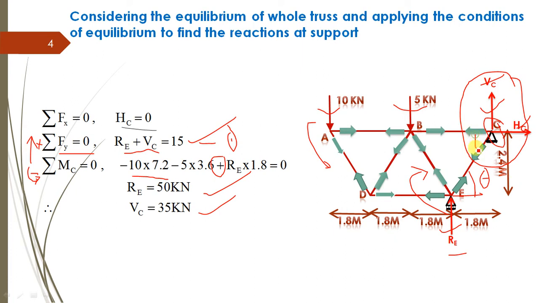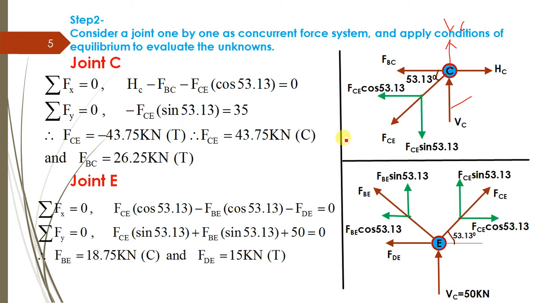So these two angles are equal because these two are the alternate angles. Similarly, these two angles, can you be able to find out by using the tan inverse this theta? Once this theta is known, you can find out this theta also. Okay, so from that we have found this angle is 53.13.